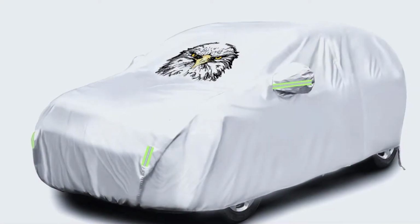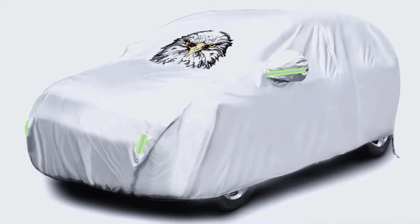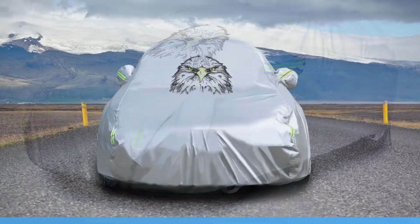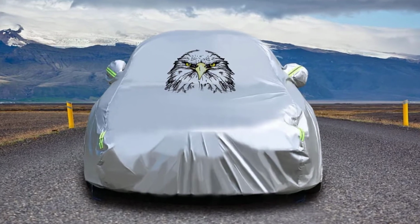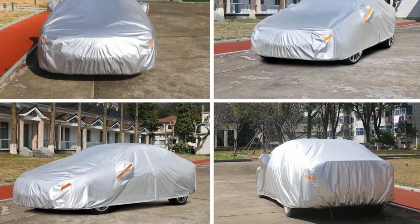However, there is a soft cotton lining that prevents your paintwork from becoming scratched. The seams of this model have been fully reinforced to help prevent water from leaking through during a heavy shower. You are also provided with a bag to place the cover in to keep it clean when it is not in use. Even if the wind is especially strong, you can be sure that this car cover will stay firmly